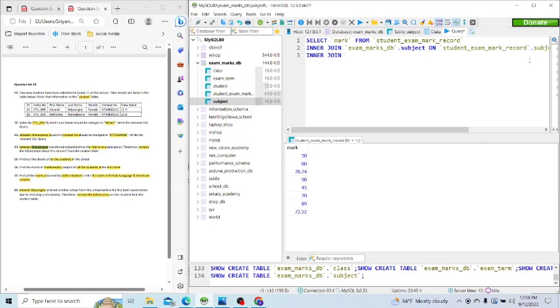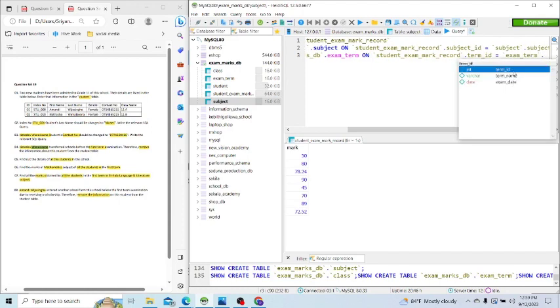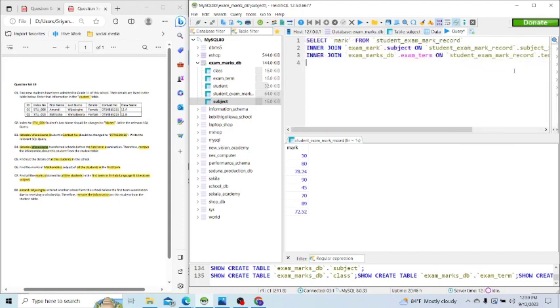So I'll inner join another table, inner join exam marks db dot exam term table on student exam mark record table's term ID equals exam term table's term ID. So now I will give the condition where